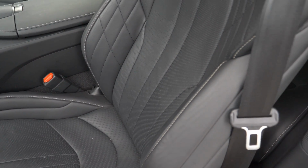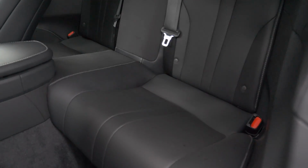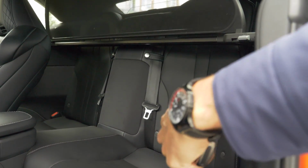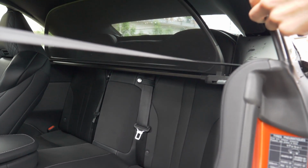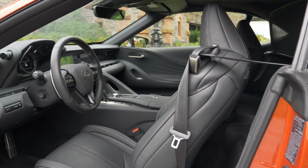But the interesting thing is, for the rear seats, this is the so-called Ecolux material. So that's a leatherette, which is animal-free. It also feels really high quality and very soft. So they can already do it. They just do not do it yet for the front seats. So it is available already. But you can see this is a live transition, where half of the car is already a sustainable material and half